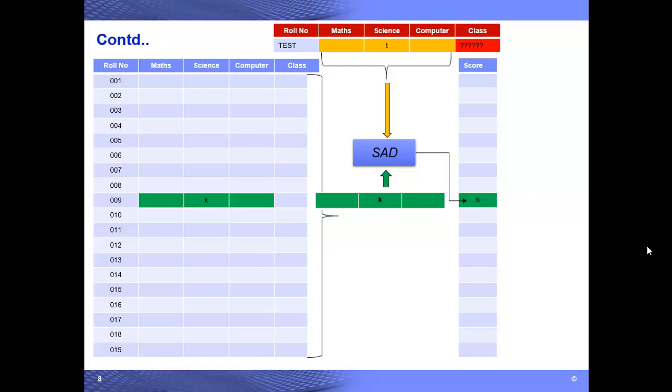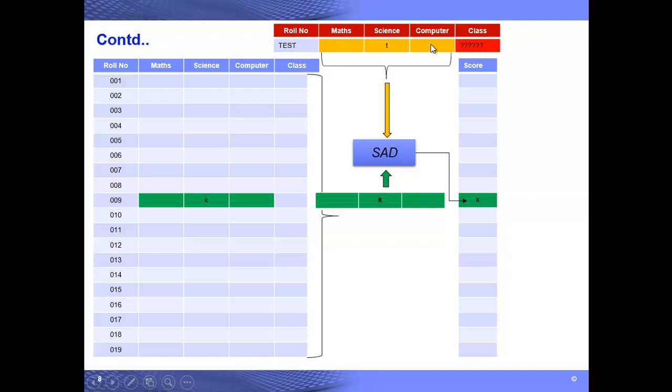So let's say on the left hand side, that means this side, we have, let's say, 19 students, their marks in maths, science, computer, and we will also have the classes. Classes means either excellent, just pass, or average. Now we will take a test sample here.